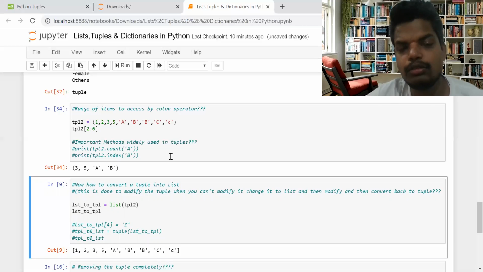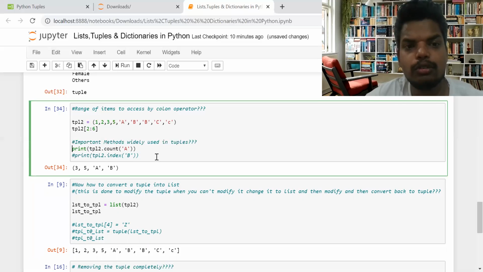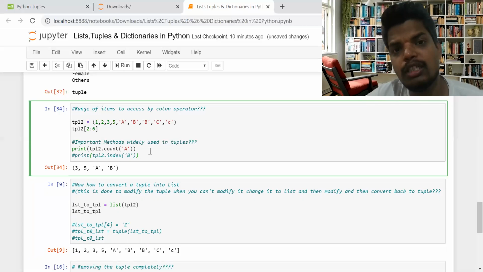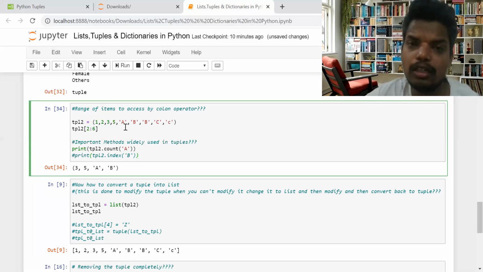Now, there are commonly used methods in industry, and for tuples we have two methods: dot count and dot index. One by one I'll show you what they do. The dot count method shows how many times a value is present in the tuple.